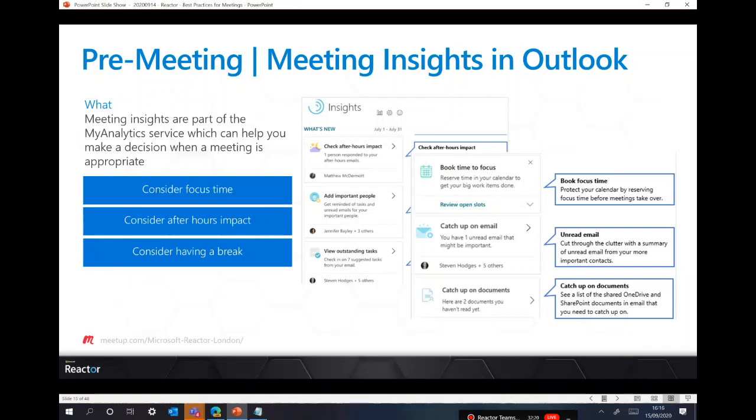hours beyond that? And also, Meeting Insights will show you things such as, are you having a break? Are you having lunch? Are you making sure that you've got time to eat? Because we also need to have breaks away from our work. There are times when we don't need to just have focus time or meeting time, but having a break is really important too, because if we don't have a break, then it can lead to underperforming in meetings. So Meeting Insights is really that mirror that's held up and reflects, are you doing the right things, and structuring your day in the right way to make sure that you have really good performance both in meetings and in